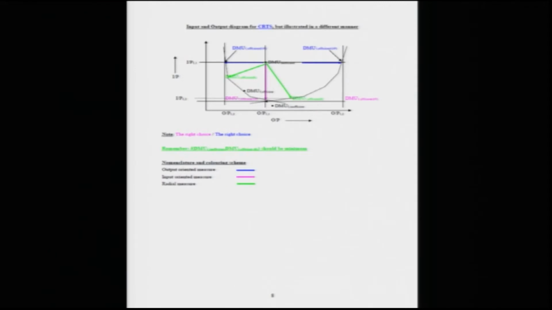Now, consider the case for changing return to scale, where the return to scale varies. So, in this case you have the diagram like this, where you have the graph, and here remember I am measuring the input along the y axis, output along the x axis, and my actual graph is like this. So, one set is decreasing, another set is increasing.